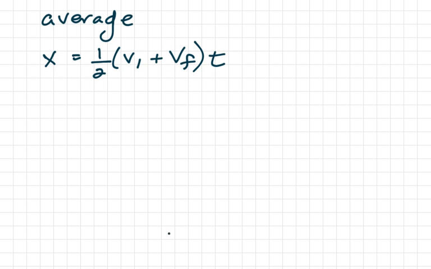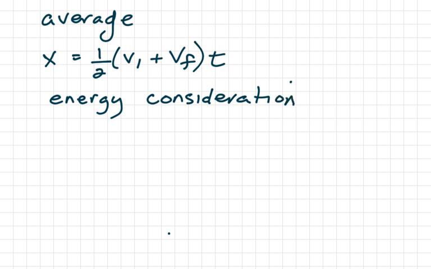Finally, one that we get from energy considerations, which we will learn about in subsequent chapters. And that will be v final squared equals v initial squared plus 2a delta x. And let's say we're solving for delta x. You should note that